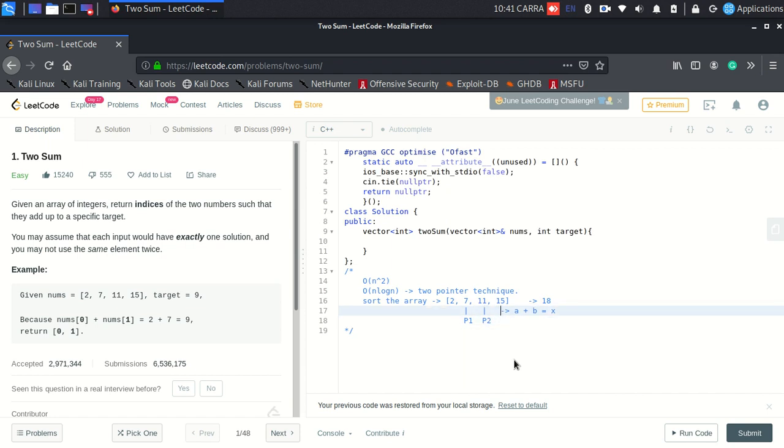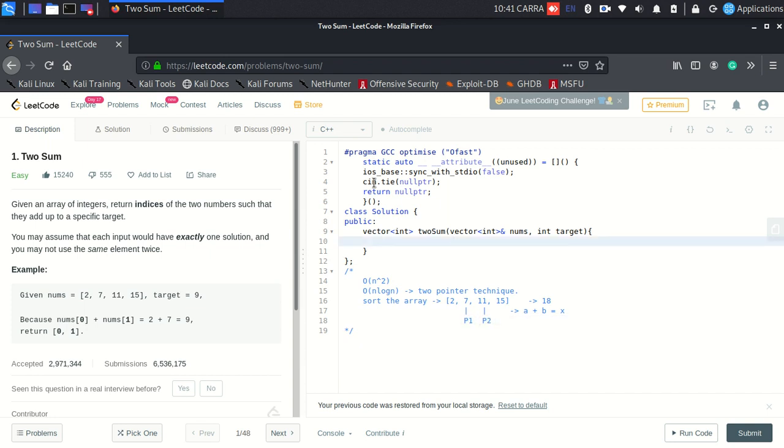Now you may ask me, why did I reduce my right pointer and not my left pointer? If I reduced my left pointer, that would again be 2, and the right pointer would again be 15. We have already checked 2 and 15, correct? So that's why I reduce my right pointer. Is 7 plus 11 18? Yes, 7 plus 11 is 18. So I'll return p1's index and p2's index, and that's all.